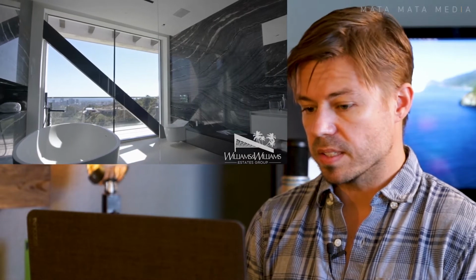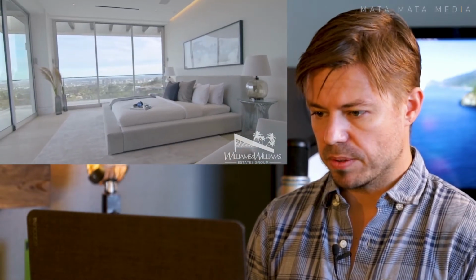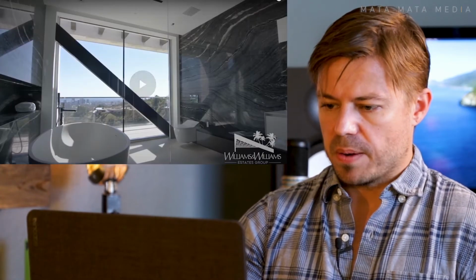Nice minimalistic approach with the closets. Oh, this closet's cool. That was a pretty sweet bathroom. So there we go. That looked much better. So this shot right here,